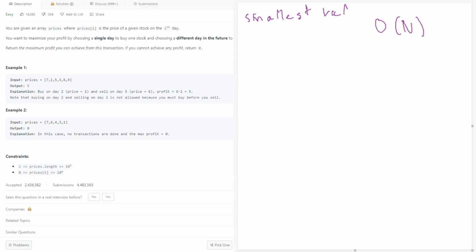So if, I'm just going to say prices at i. If prices at index i is less than our minimum, then we are going to want to update our minimum. So minimum is going to be equal to prices at i,